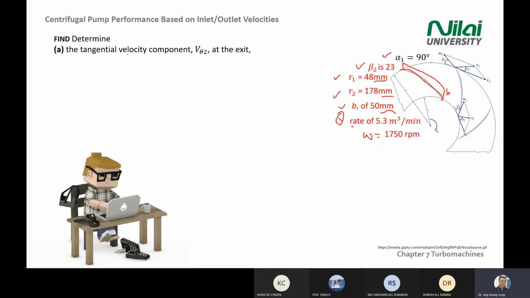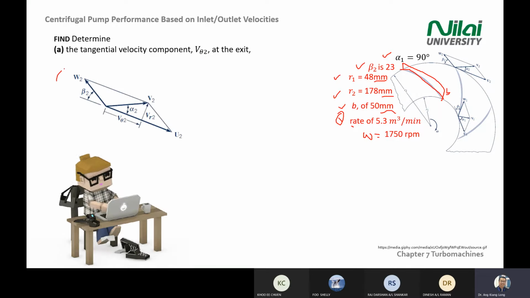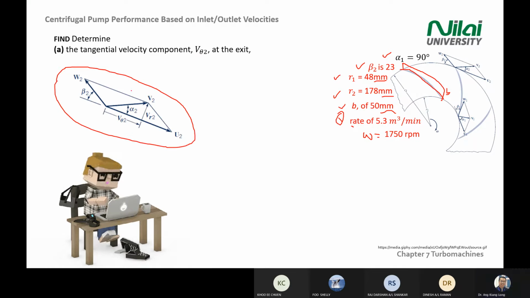First, we calculate the tangential velocity component, V theta 2. So recall this diagram. Why this diagram? Because it asks us to solve at the exit. The exit is point number 2. It is here. In the previous lecture, we already discussed how to draw this vector form. Again, if you're not clear, go and listen back to the previous lecture. So you have your U, V, and W. You have beta 2, alpha 2, and you know that your V2 you can split into V theta 2 and